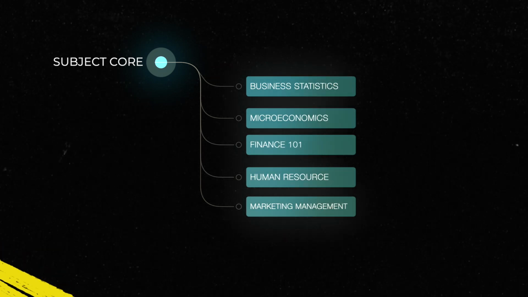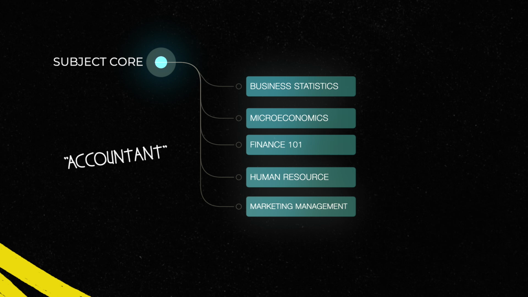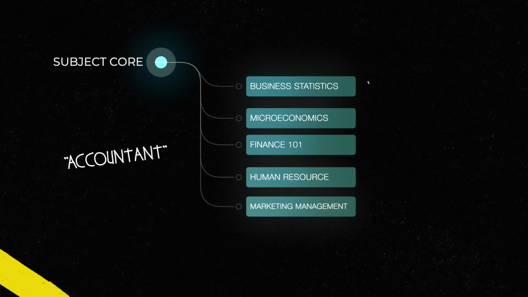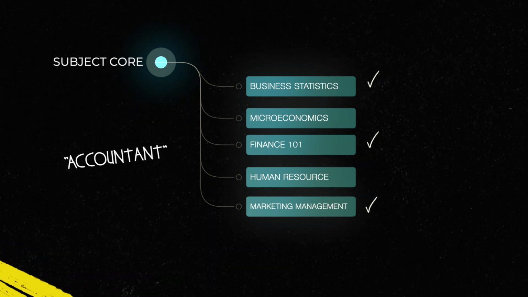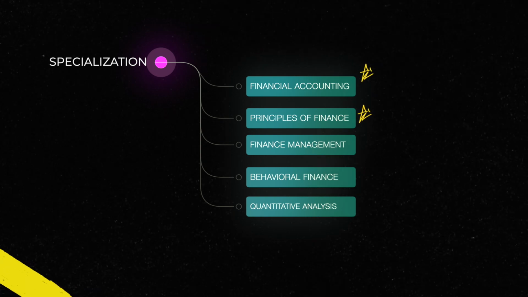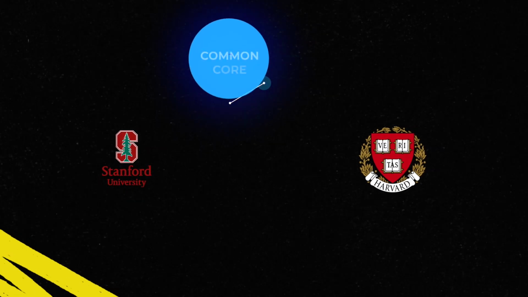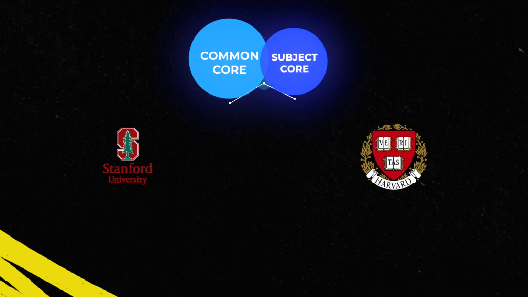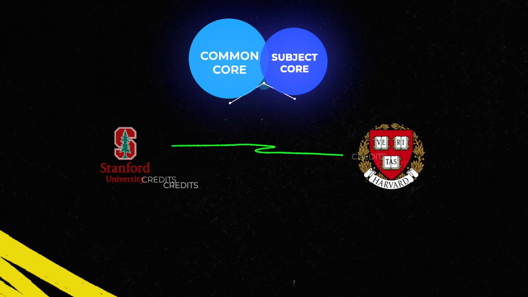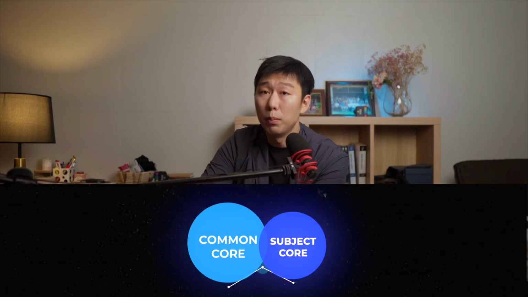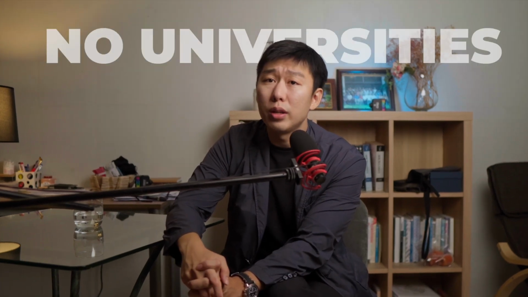For example, if you are an accounting student, you will need to take some business courses because you're part of the business department, like Business Statistics, Finance 101. And finally, there is Specialization, where courses are concentrated towards your program, like Financial Accounting, Principles of Finance. So transfer within the Blue system universities is a little bit easier. They will allow transfers between Common Core and certain Subject Core courses. You will notice many transfers happening for students after their first or second year of undergraduate study in the Blue system. In fact, no universities in both Red and Blue will accept courses from Specialization.